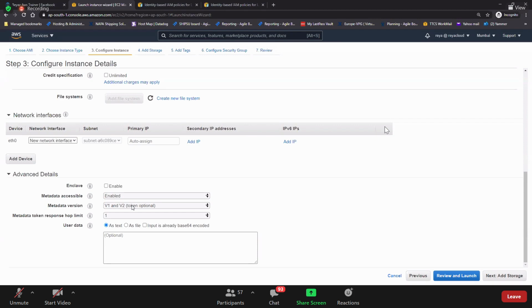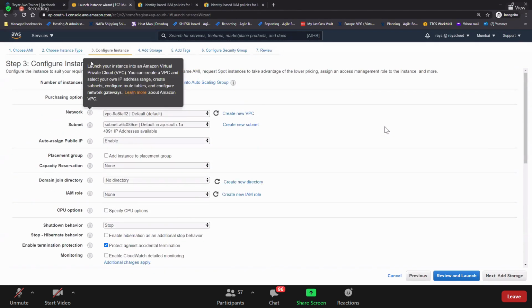If you want to get the instance metadata, you have to keep everything default. And then user data. Remember user data, bootstrap scripting. Maybe in the coming days we will use this bootstrap scripting, but not now. We are just learning how to launch an EC2 instance. So this is where you can put your scripts.